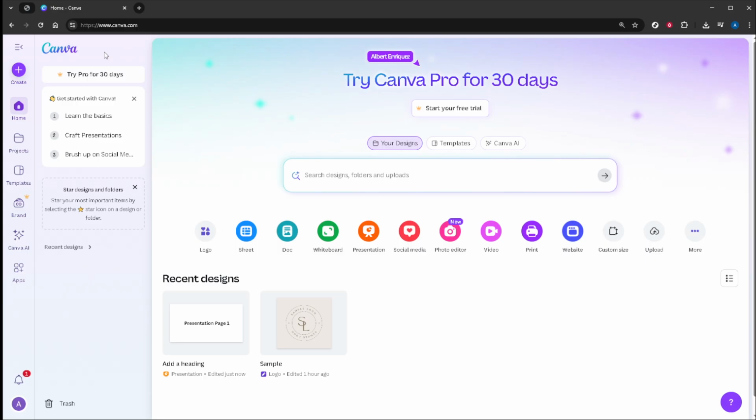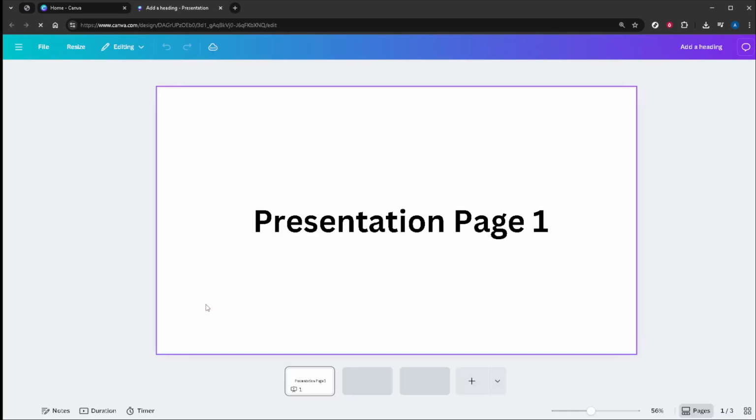First things first, ensure you're logged into your account on canva.com. If you haven't already signed up, you'll need to create an account to access all the great features Canva offers. Once you're in, navigate to and open the presentation you wish to work on. It's always a good idea to have your presentation outline or key points ready beforehand so we can focus efficiently